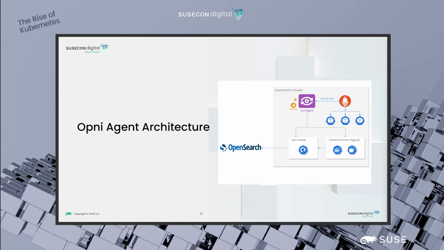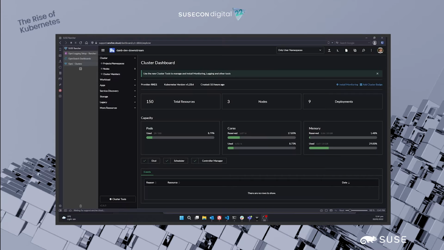We can now look at what it looks like to install that. Now to get logs and metrics, we can bootstrap a downstream cluster. Again, we've got a freshly set up cluster here. This one's an RKE cluster, and again, it's been set up with Cert Manager, which is a prerequisite for the